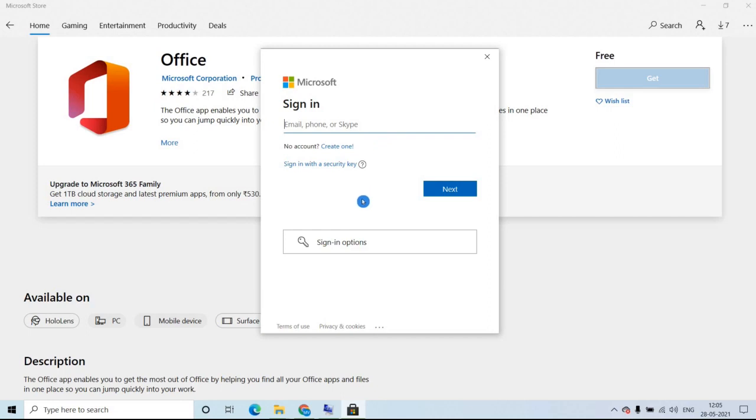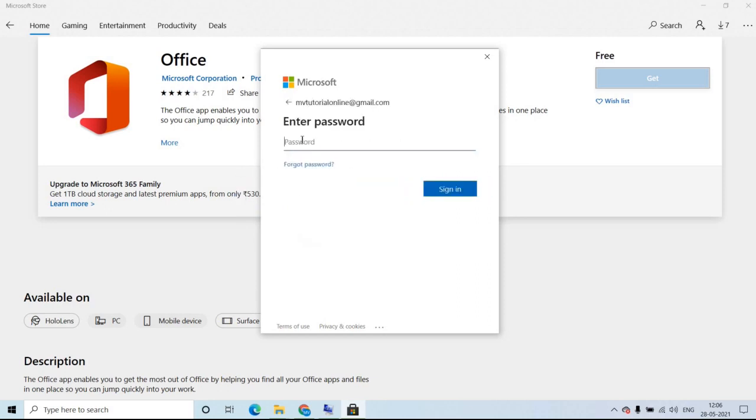Now I am going to download by logging in to my Microsoft account with my credentials. First enter the email ID. Then click on next. Enter the password.